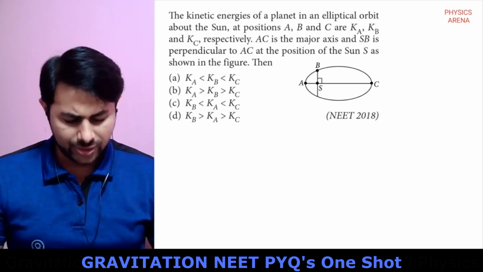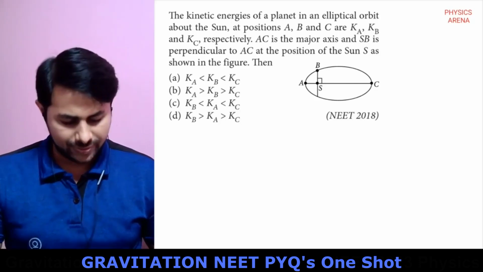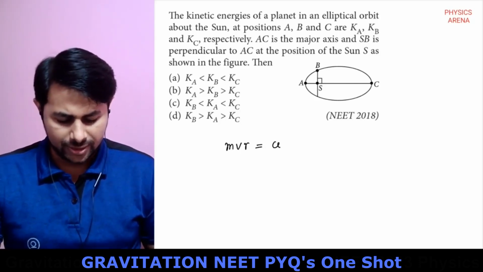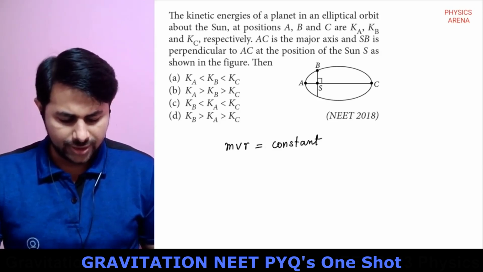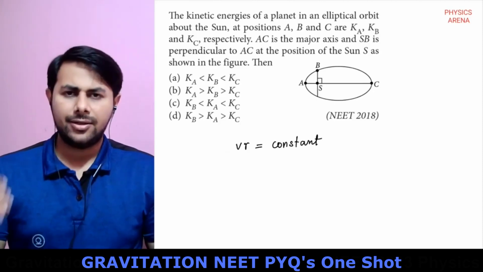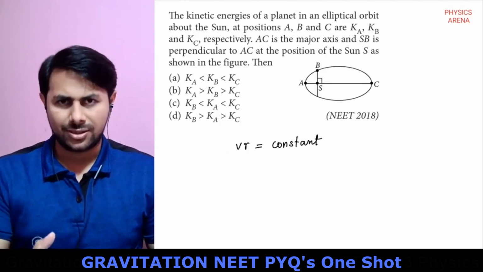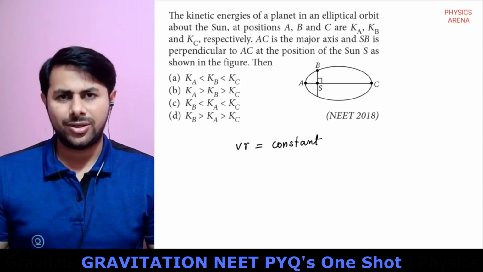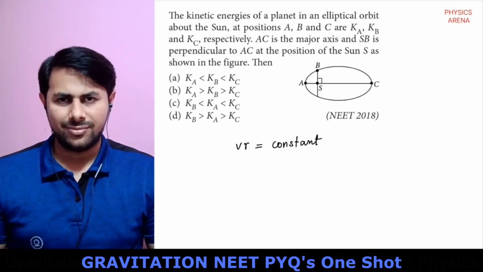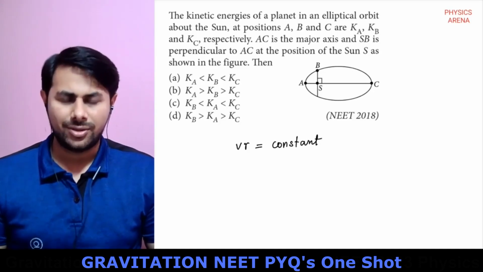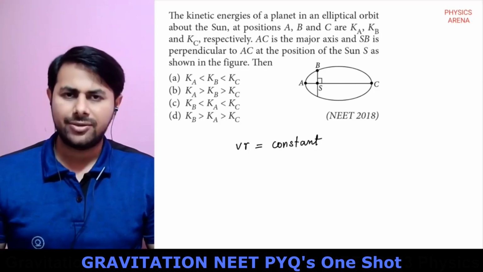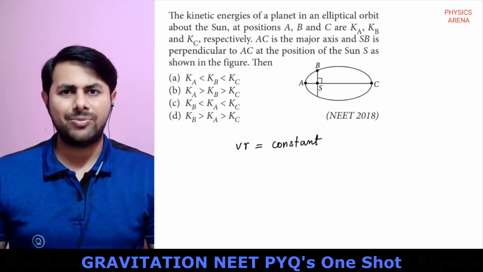So see, we have seen angular momentum is constant. So mass of planet multiplied by V multiplied by R is constant. Considering mass is already a constant, we can say the product of V and R is constant. So if R is more, V will be less. If R is less, V will be more. So closer is the planet to the Sun, higher will be its velocity, and therefore higher will be its kinetic